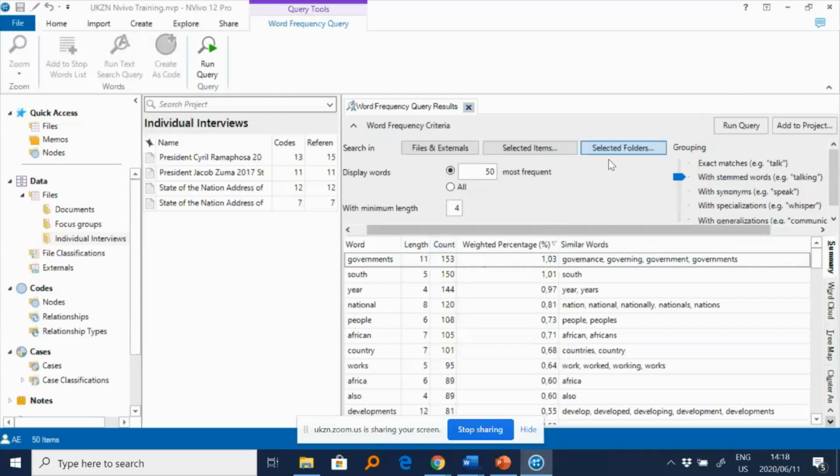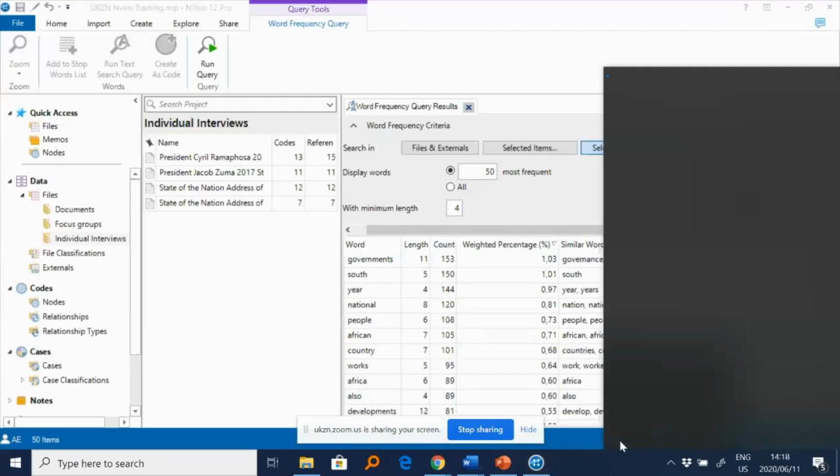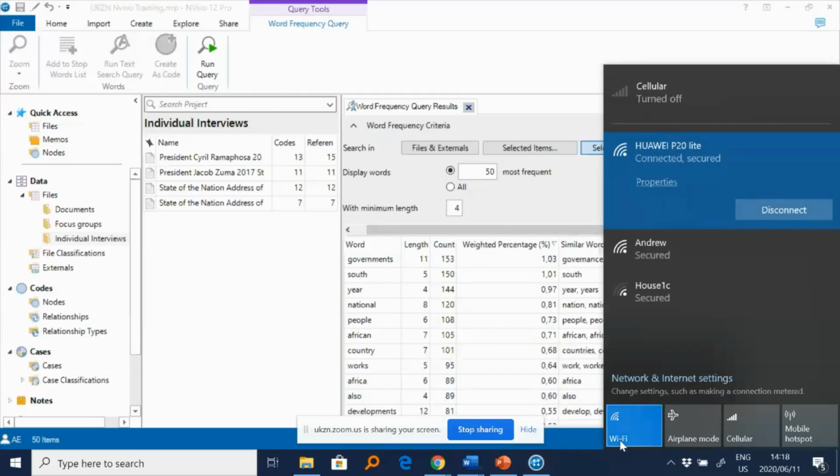How far behind was I lost? We only lost you for about 10 seconds or so. Okay. I'm going to try and switch off my data and see if that helps. Okay, Andrew, also there's been a request from one of the participants for you to enlarge your screen share. Are you comfortable with doing that? I'll try.